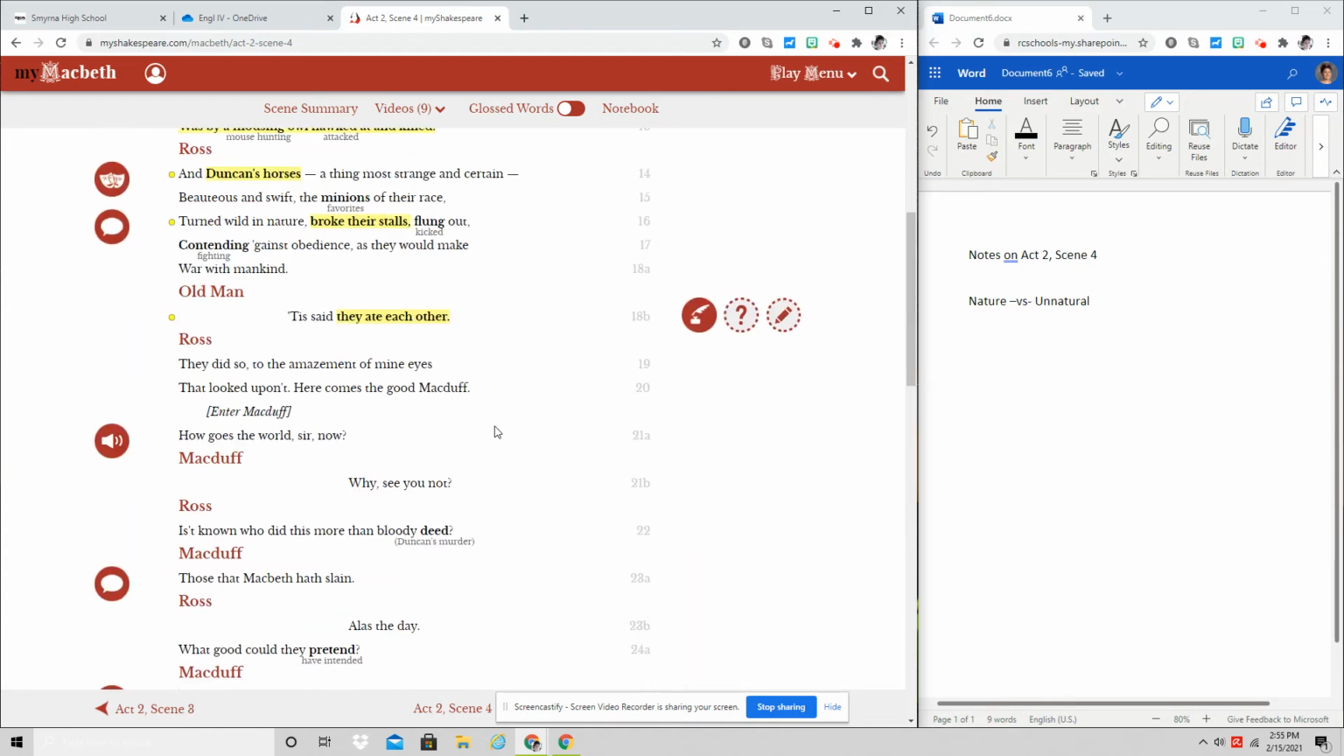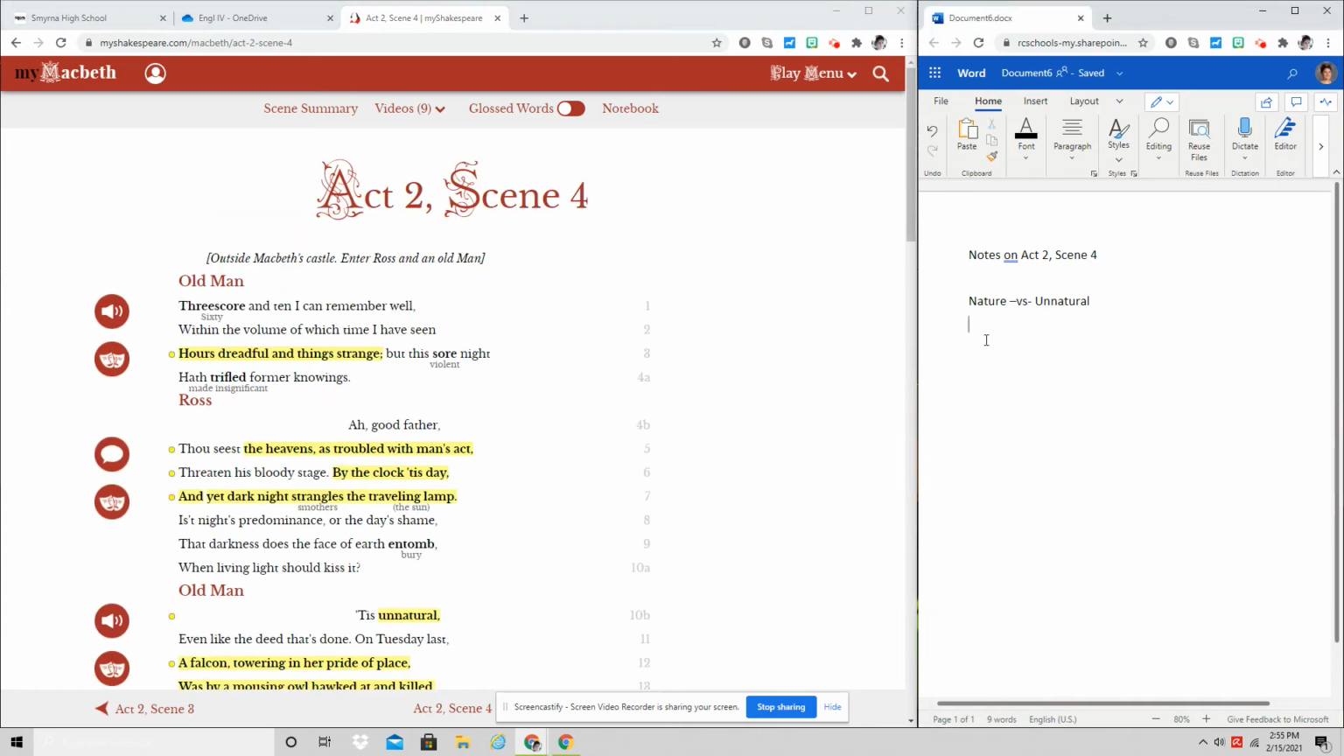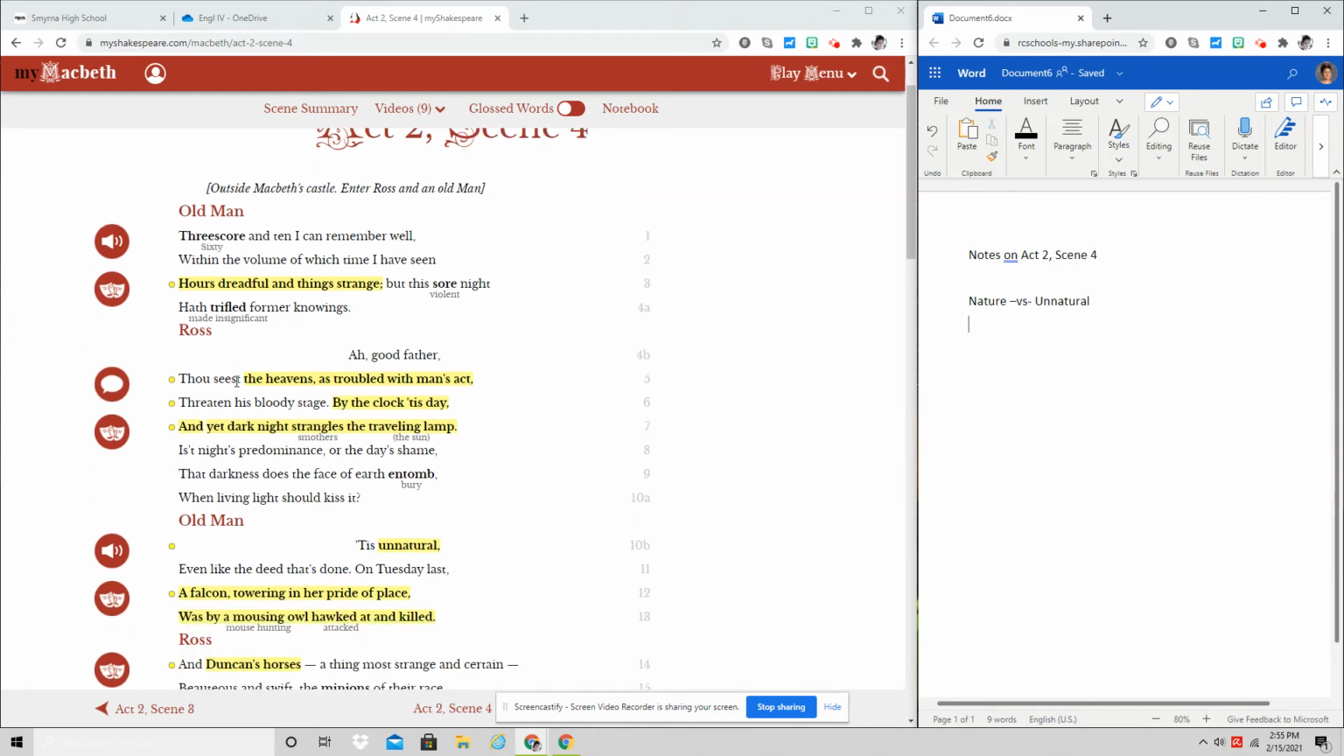Okay, so first of all, nature versus the unnatural. So many unnatural things are written here, and Ross himself says the heavens are troubled with man's actions. So the first one here is that it is dark in the daytime. He says, by the clock 'tis day, yet dark night strangles the traveling lamp. Some readers will say that there might be an eclipse and that may have caused this. Or it could just be that it's northern Scotland and it's winter time, so days were pretty short. But